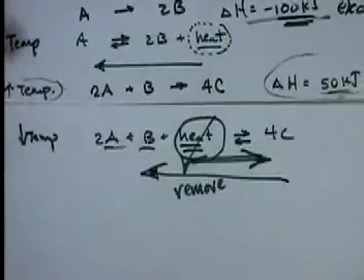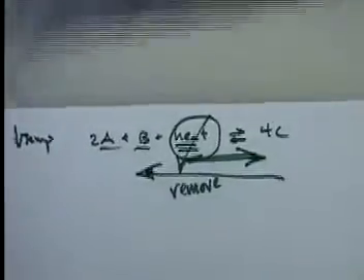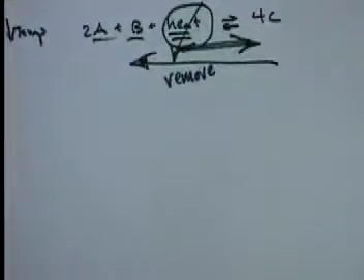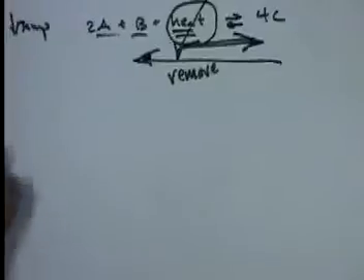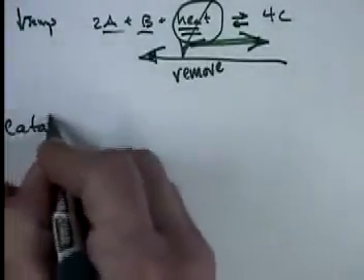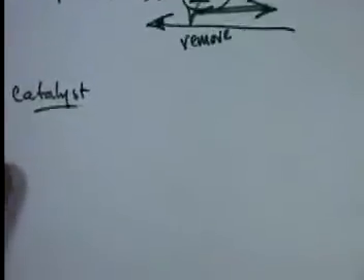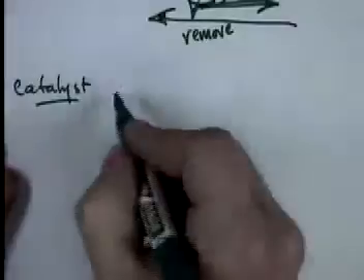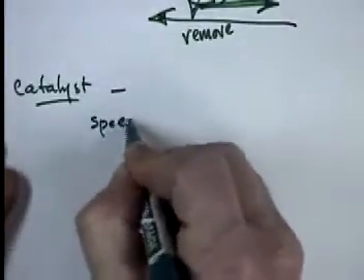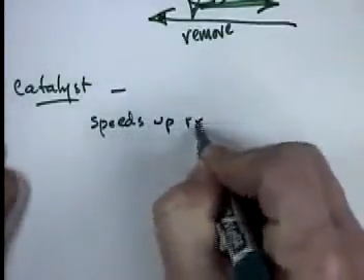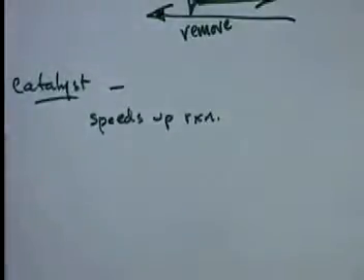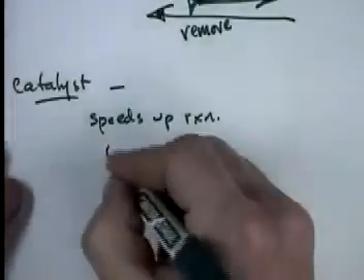The last thing that can affect, or at least be thought to affect, the status of equilibrium is the addition of a catalyst. And this is a little bit of a misnomer, actually, because a catalyst does not affect the situation of equilibrium at all. A catalyst, remember, only speeds up the reaction. And so it speeds up the reaction reaching equilibrium. It gets you to equilibrium faster, but it does not change